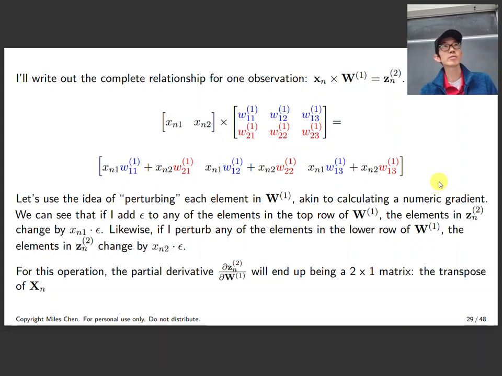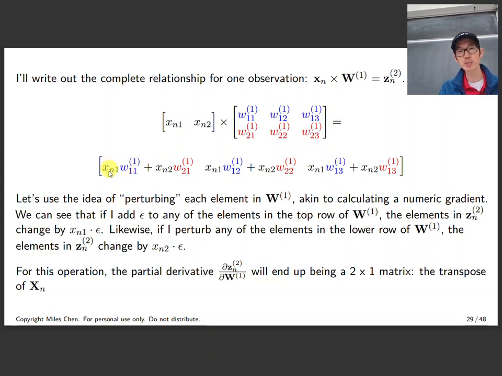And so we can use this idea of how is the output affected by changes in any of these things? Like if I change this one top left corner, how does that affect the output? If I change this value right here, or this value, or this value, if I change any of these values, how does that affect the output? And so we can see if I change any of the values in the top row, the way it affects the output is that